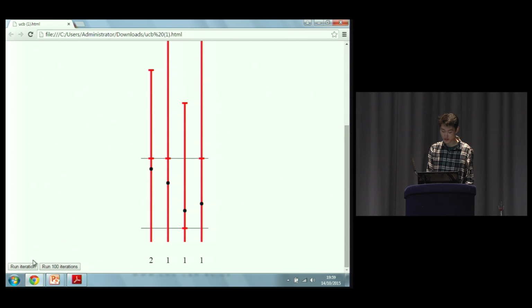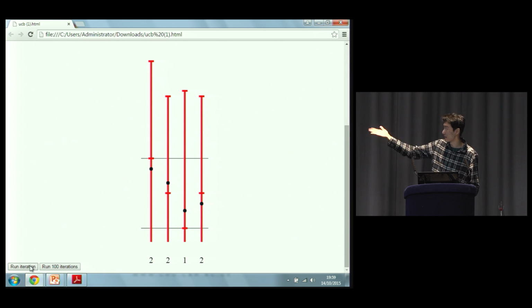So if I run another iteration, it will pull arm 2. And you'll see that we actually got a 0. So the empirical mean dropped to a half now. And the confidence interval also shrunk. So now it's arm 4's turn, and we pull arm 4. And the same happened for that. And so if we keep on going,